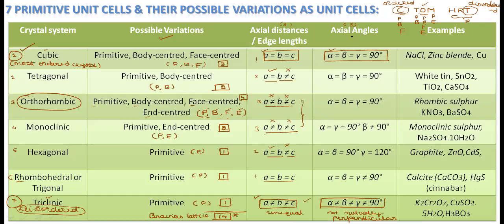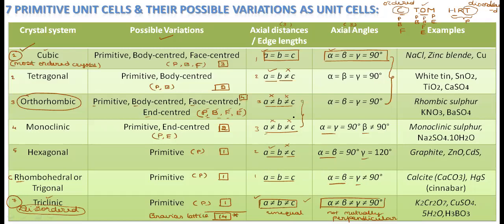Next, for the concept of axial angles, you go by considering the most ordered, where all are mutually perpendicular, and for the most disordered, all are unequal. After writing that, including the cubic, the first 3 crystal systems have all the axial angles mutually perpendicular. That is alpha, beta, gamma, all are equal to 90 degrees. In the remaining 3, you can see 2 angles will be equal to 90 degrees and one is unequal to 90 degrees.